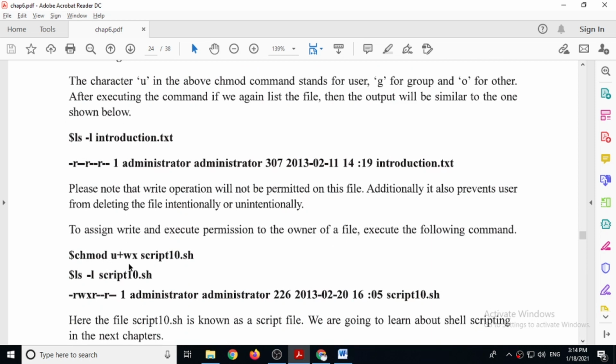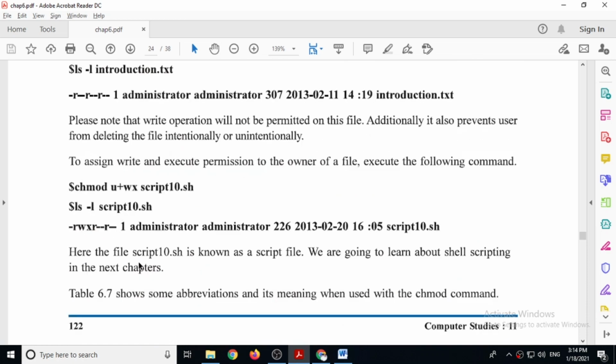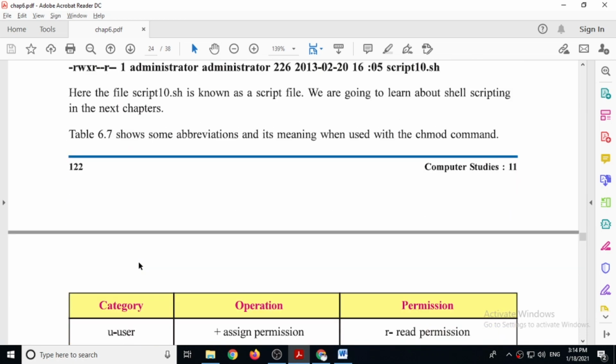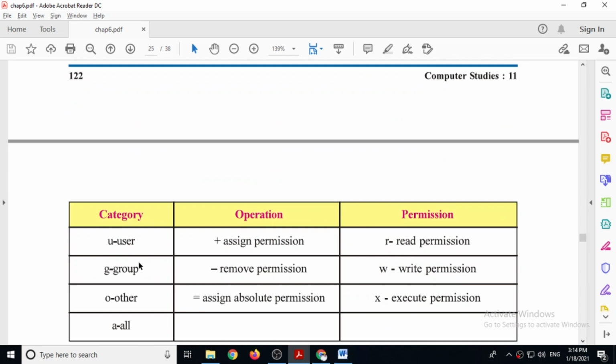Chmod u plus wx file name, it means to user we are giving w and x, write and execute both the permissions. So this way we can use chmod command.